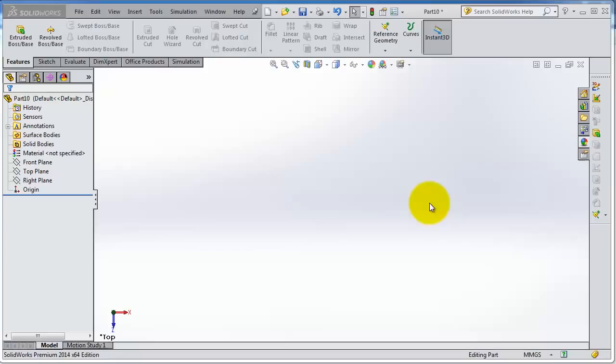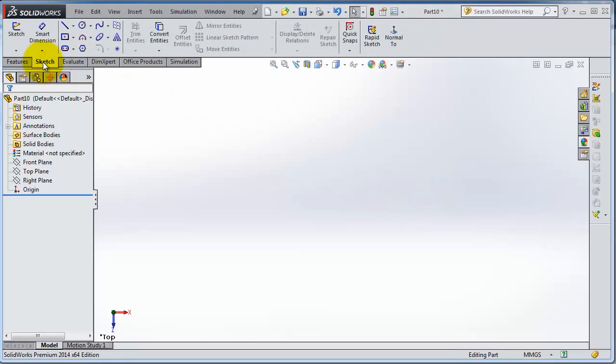Tutorial 7, we're going to continue talking about the sketch tools. So let's go to the sketch menu and let's try a new way to start a sketch. So now we are not in the sketch mode, and you notice not all the sketch tools are activated. Let's select a slot